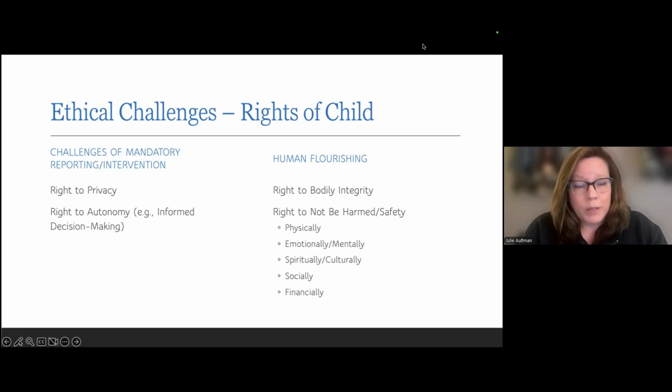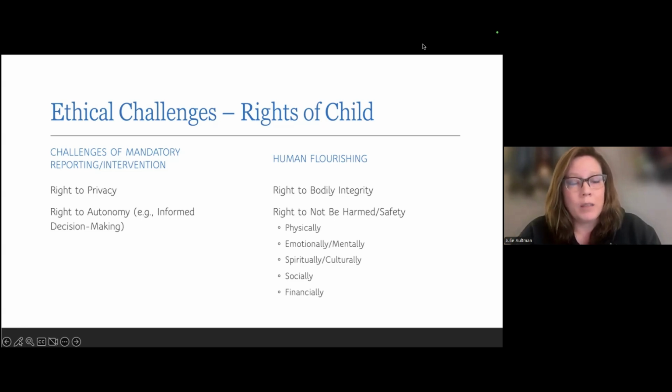People do have the rights to bodily integrity and not to be harmed or sexually abused. They do have the right to have that safety. But in addition to that, from a human flourishing standpoint, how do we do this in a more holistic way that respects not just the physical and emotional and mental aspects of a child, but also culture, spirituality, their social